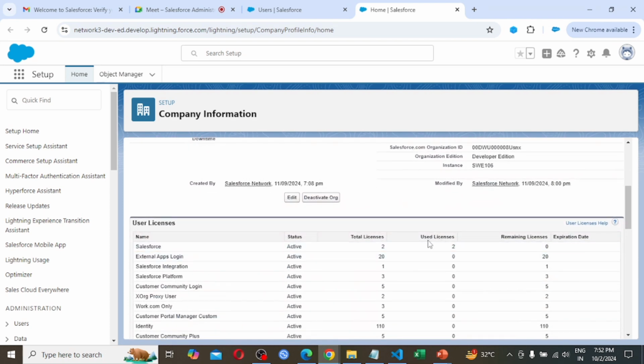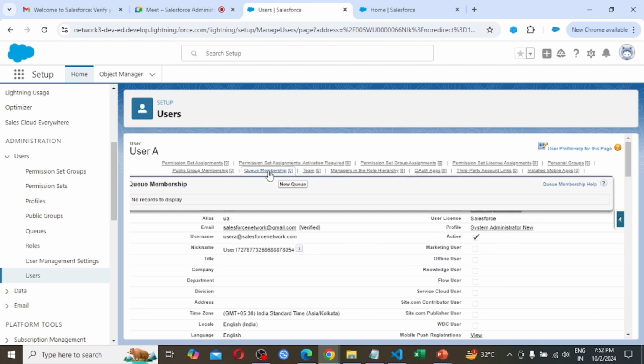See, used license 2, there is no remaining license. And also user A is not able to log in. So in both cases the user is not going to log in. But in the case of freeze, the license is not going to be released, but in the case of deactivation, the license is getting released.